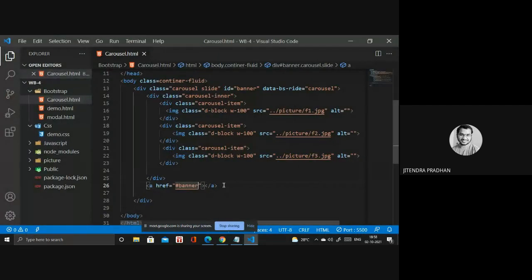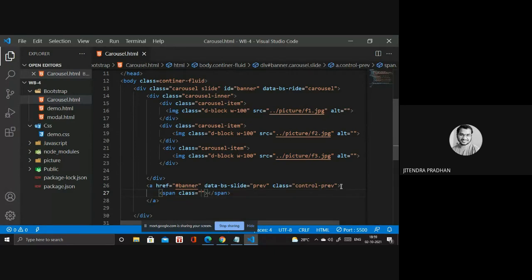Next we need to use an attribute for that, data-bs-slide, this is the slide, and for the previous one you write prev, data-bs-slide. Next we give the class, control prev. Inside that anchor you have to write a span, and in the span you give that particular icon, like a next button and a previous button. That's why we need that span.